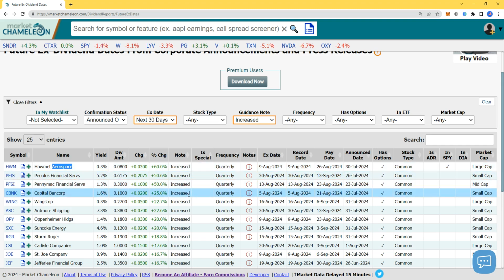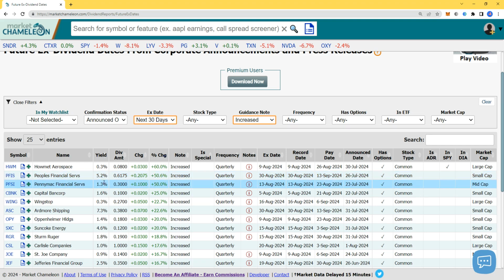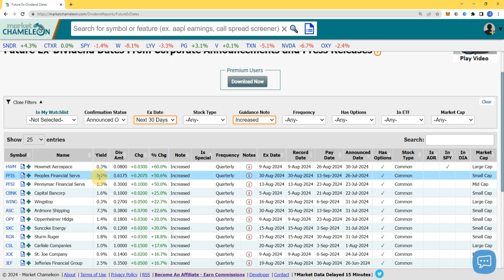Doesn't mean you have to do all of them, but it means that you can learn and filter the noise, as they say. The second one is up another 50% change to dividend increase. This yield is more interesting to me. People's Financial Service, 5.2%. And if you read some news, you know that they did a merger and acquisition